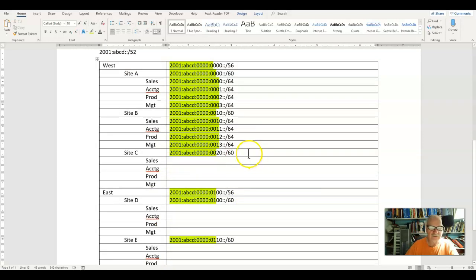All right, site C, we will do the same thing. We will copy this and put it there, except now I'm going to change this to green because we're not dealing with that now, we're dealing with the 64. So I'll change that to a 64. So this will be the 0th network there, the 1 network, the 2 network, and the 3 network.